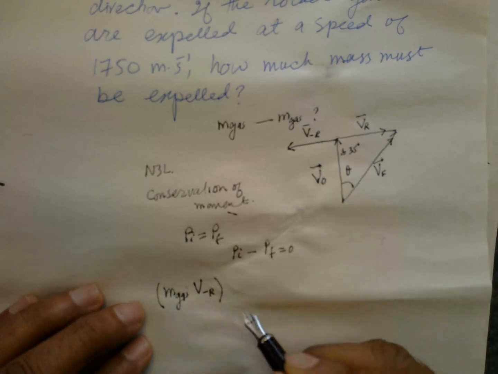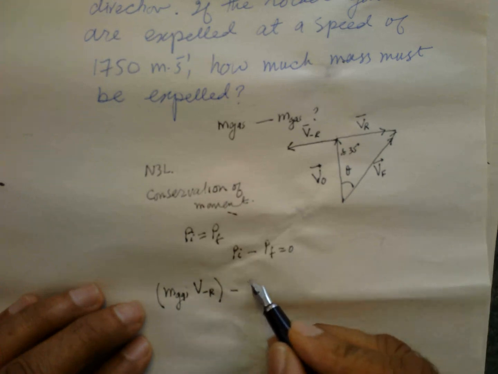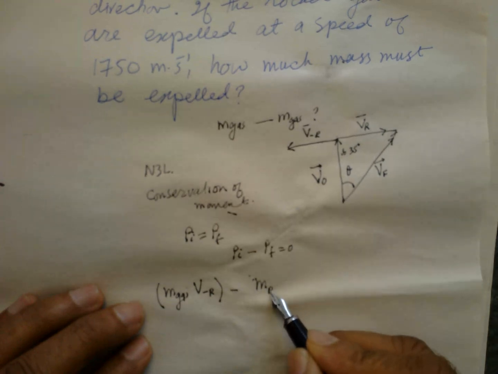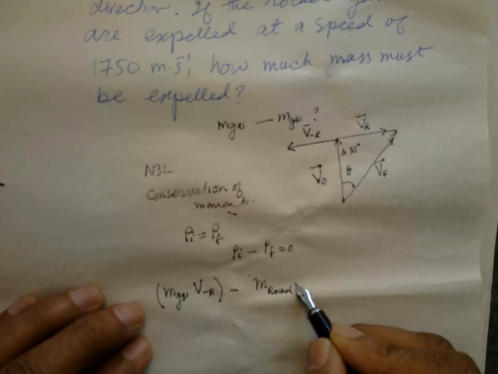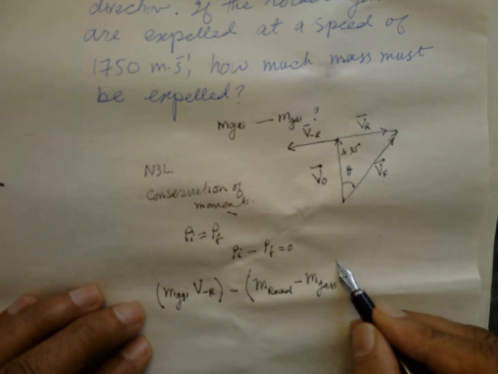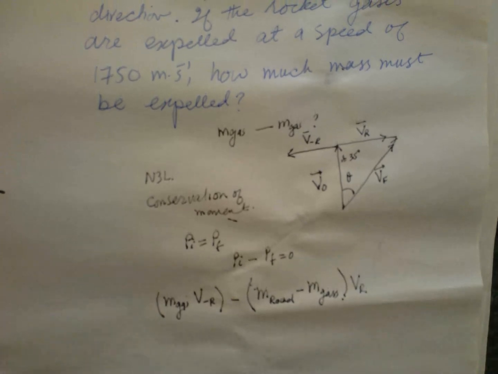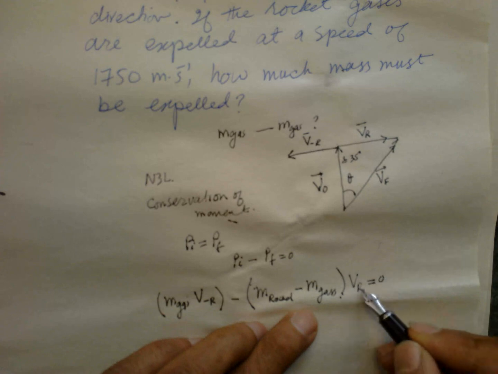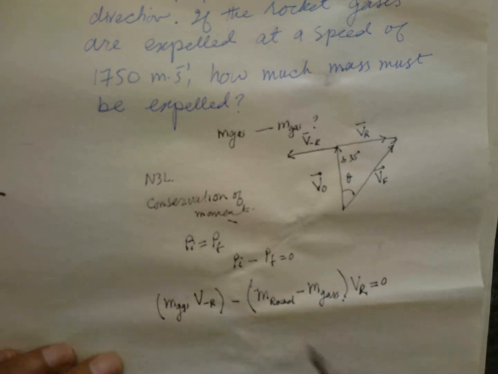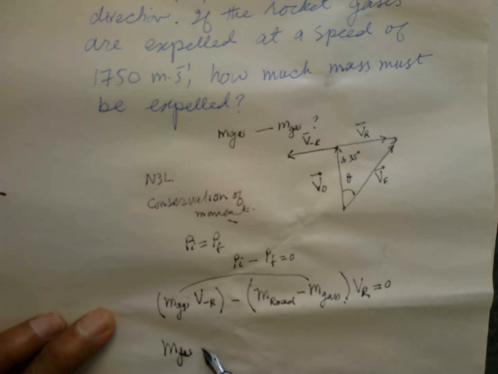this is one momentum initial, and the final minus this m gas is coming from the mass of the rocket, minus this mass of the gas into vr. Because these are values, we will not put the sign of vectors, so it's equal to 0. So if you bring the mass of the gas on one side, mass of the gas is equal to